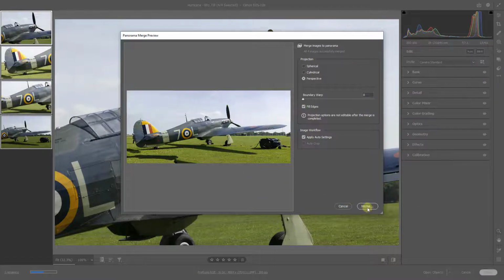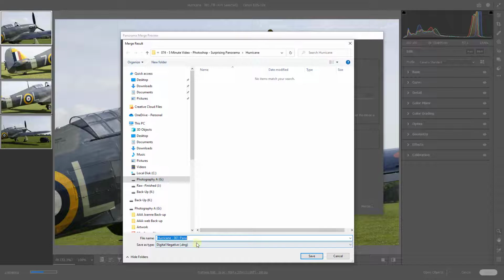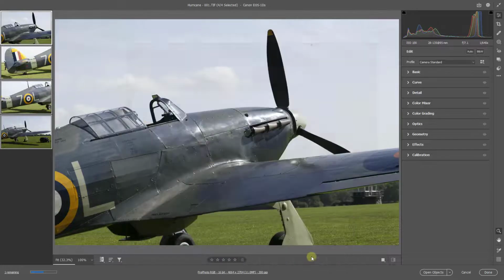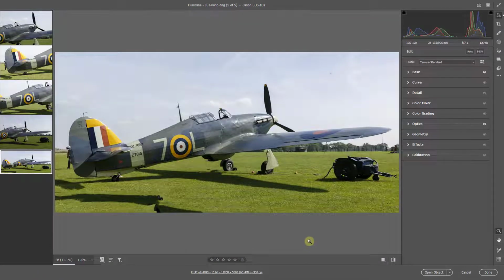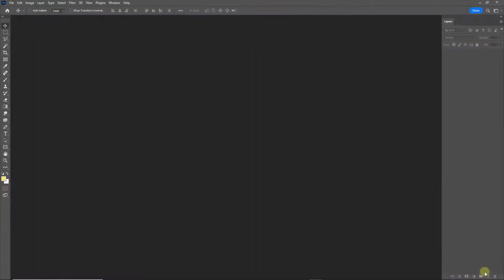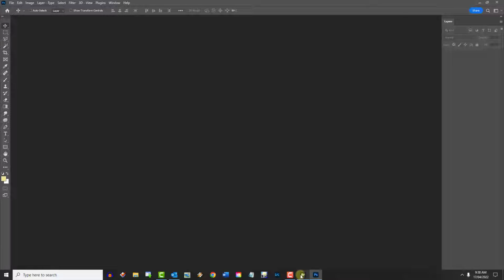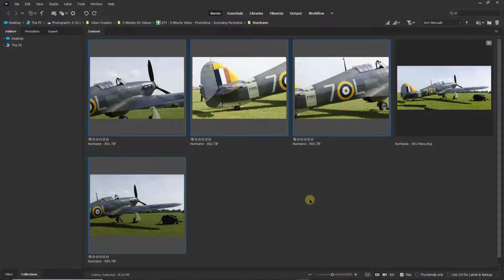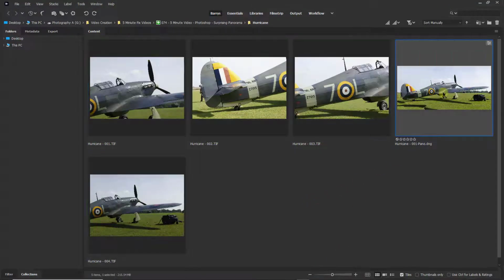So I'm going to click Merge. I'm going to accept the name that I'm given, and we get a fifth thumbnail being created on the left hand side. We can either continue and manipulate that now, or if we click Done, everything will close down. But if I go back into Bridge, I've now got my original four, plus I've got a raw file here